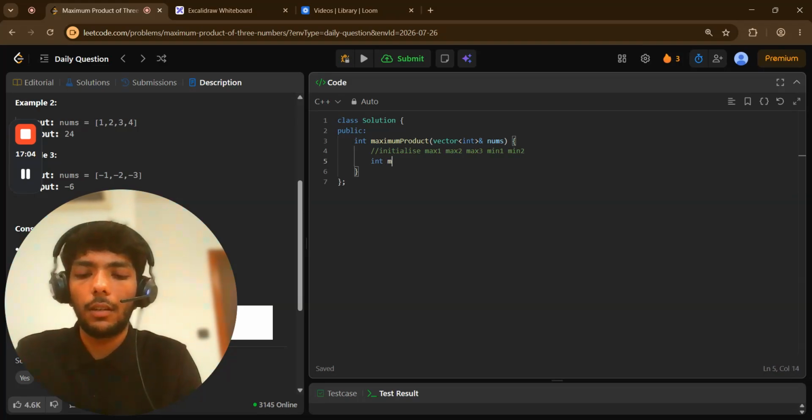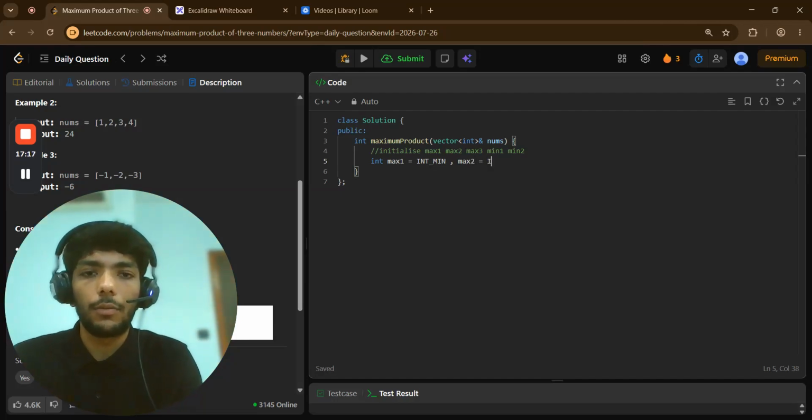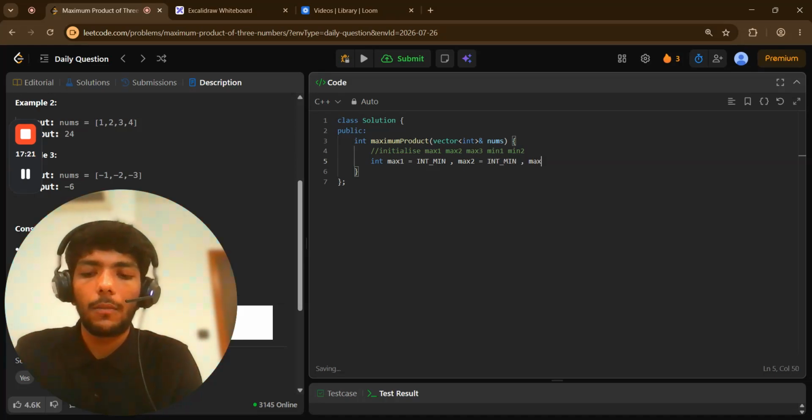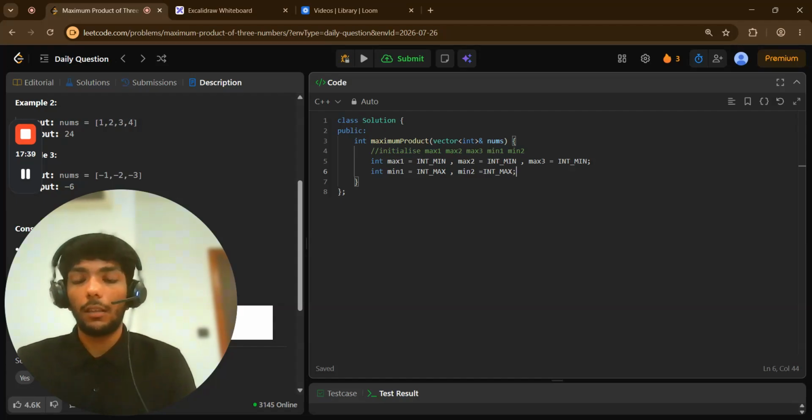Okay, int max 1 equals integer min, max 2 equals integer min, max 3 equals integer min, int min 1 equals integer max, min 2 equals integer max. Okay, now what we will do is